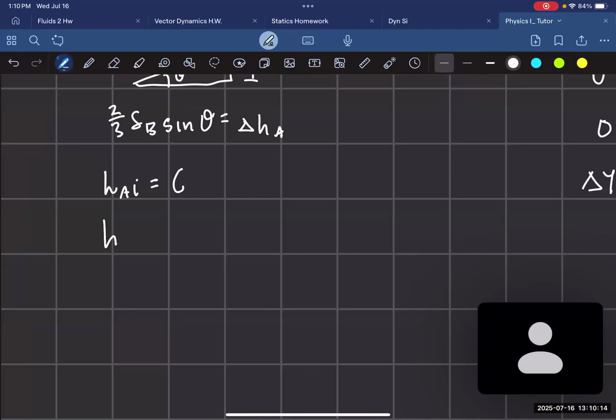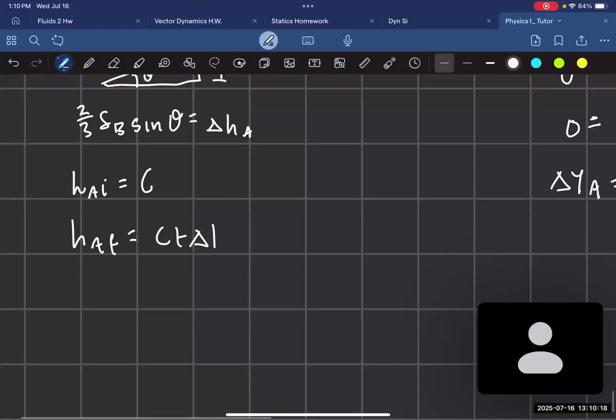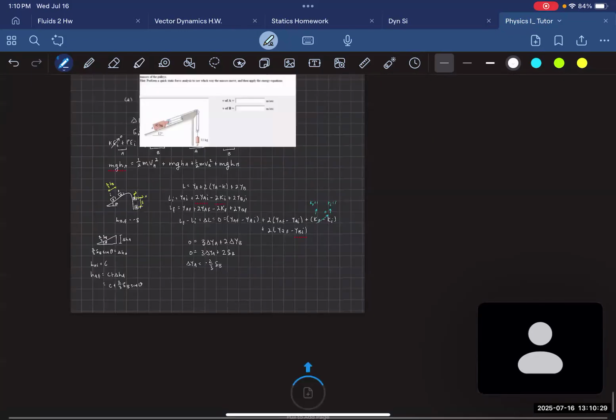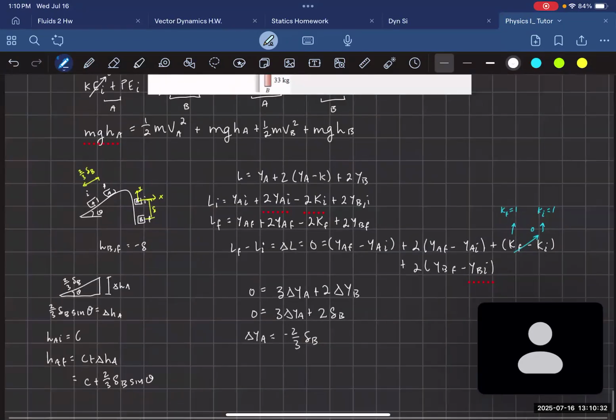So then the final position of A would be C plus delta H of A, which we found to be C plus 2/3 delta B sine theta. Okay, now going back to our